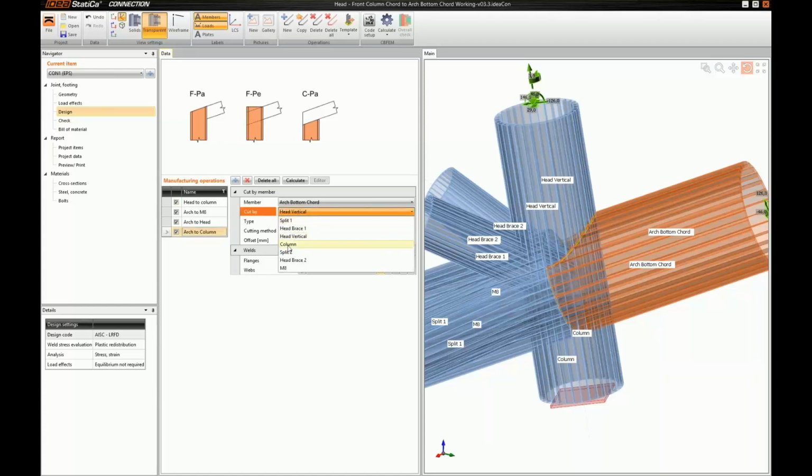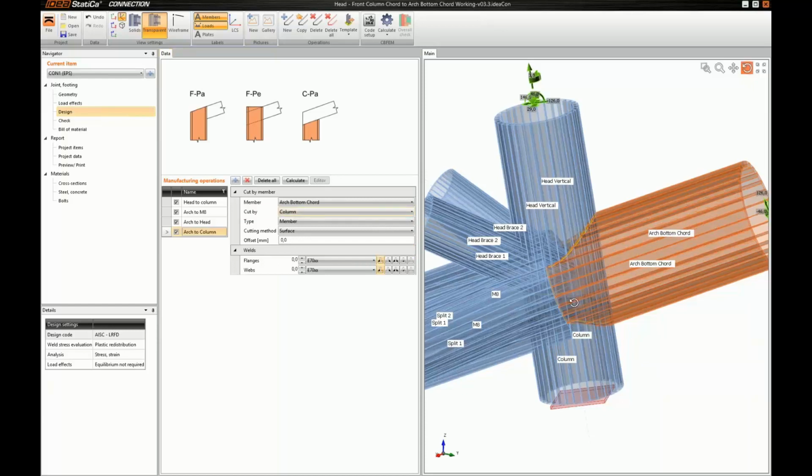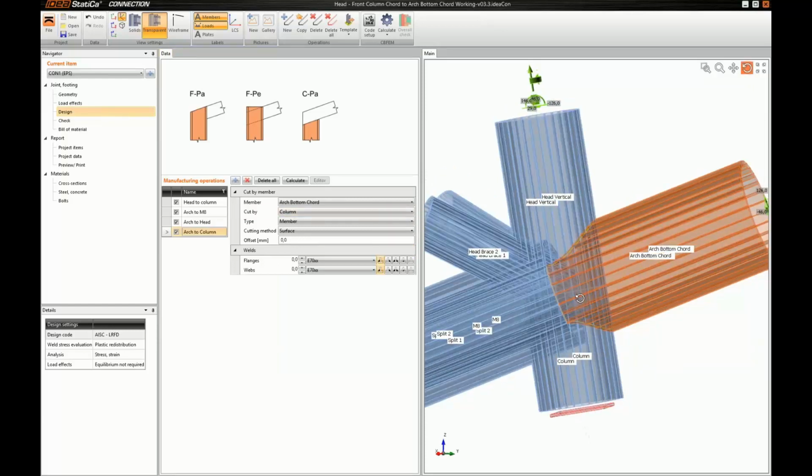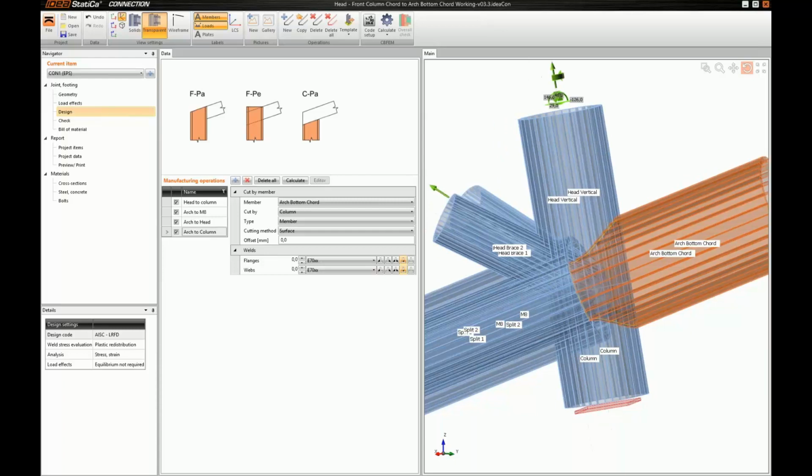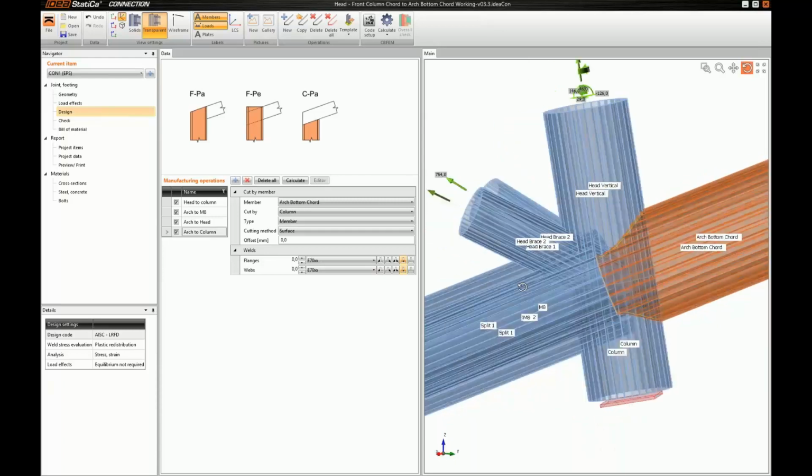And for this, I have to switch the head vertical at the column. And you can see the change of shape. Well, I forgot to switch my weld type to butt weld at both of these operations. I will do it right now. And then I will proceed with member M8,